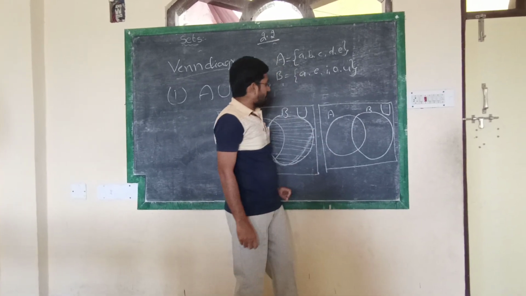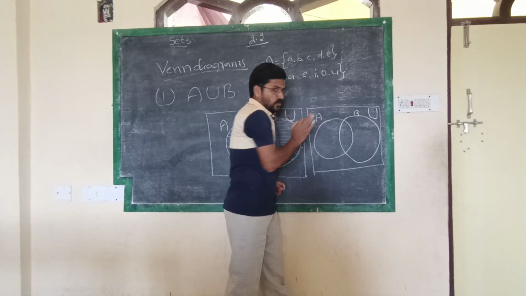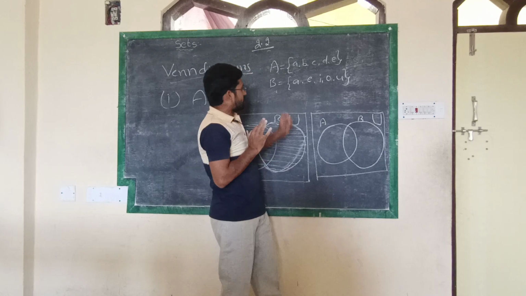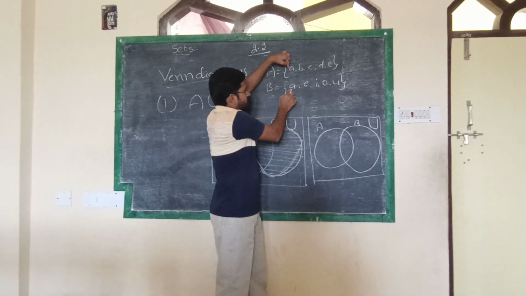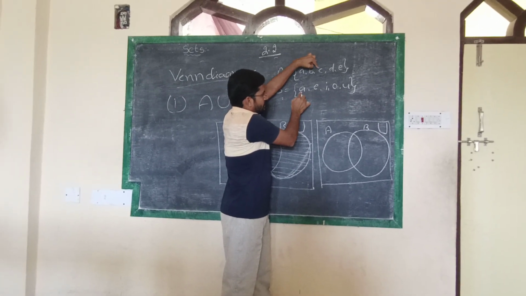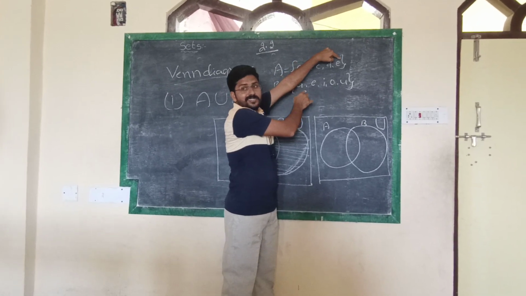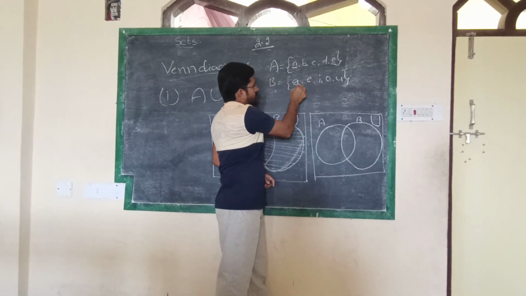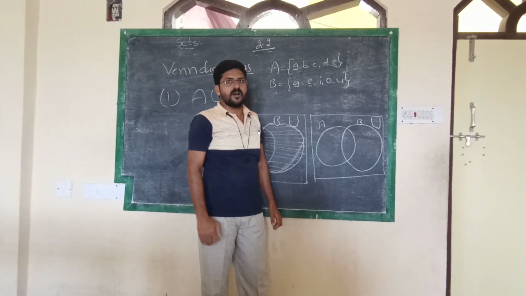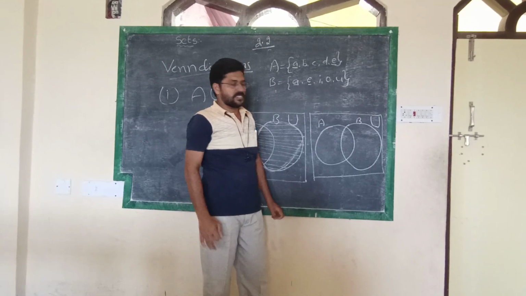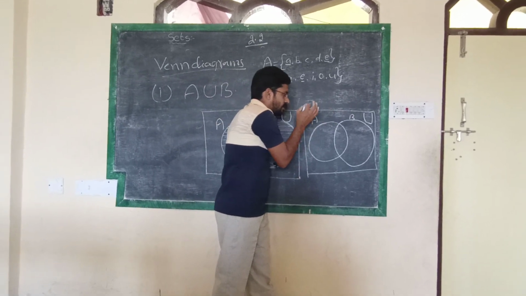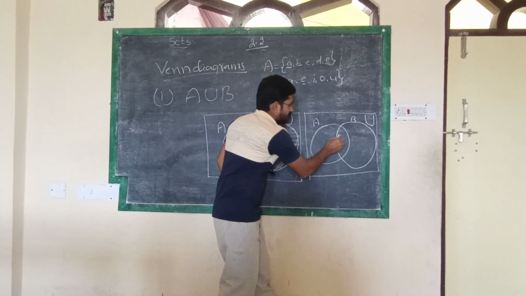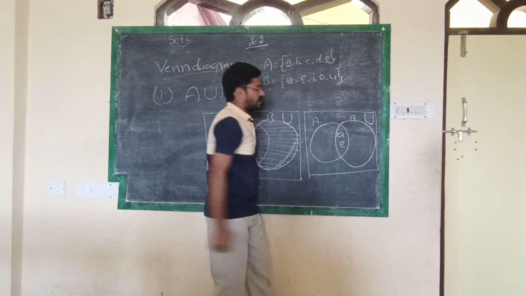So in this concept, A and B are two different sets. Are there any common elements or not? Check in these two sets. A, it is there. B is not common. C is not common. D is not common. E is common. So which are the common elements here? A and E. These two are common. These common elements you represent where the two sets overlap. That is, A and E are common.